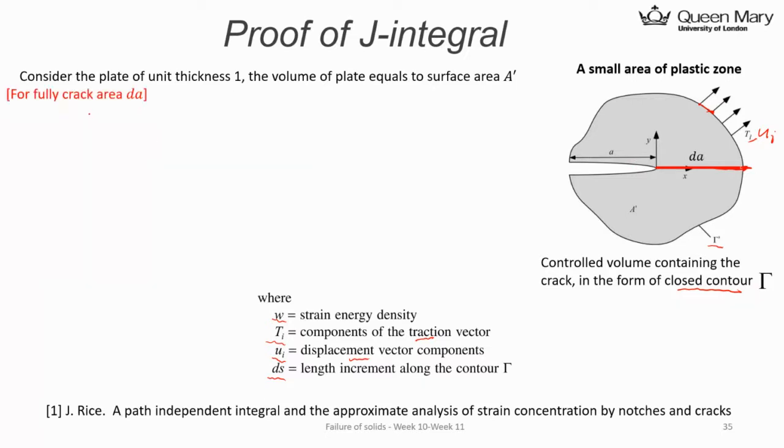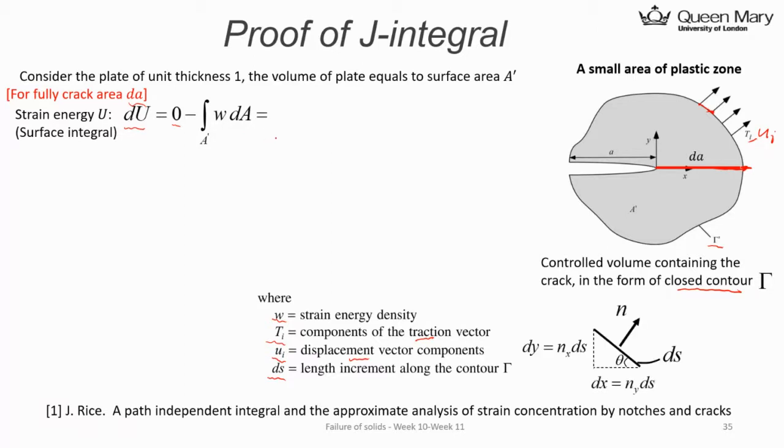So for the fully cracked surface area of dA, let's work out the change of strain energy, which is dU, equal to the final state, 0, minus the initial state, okay? So let's work out the initial state, and let me write that down. So now it becomes minus